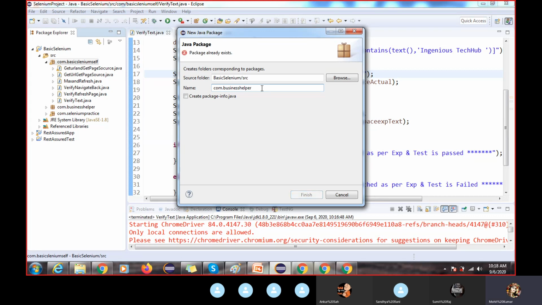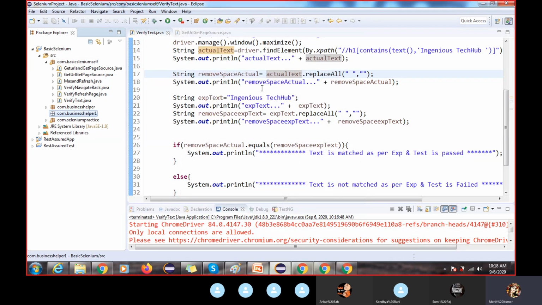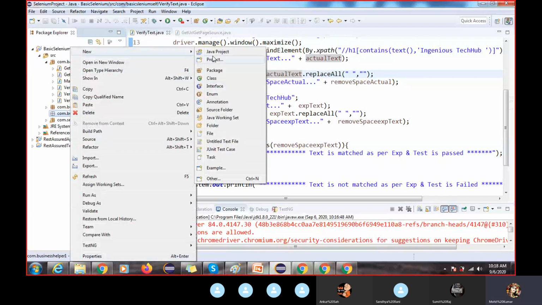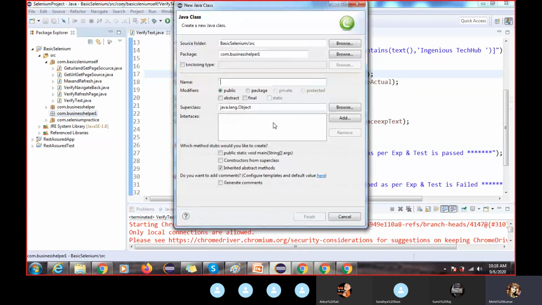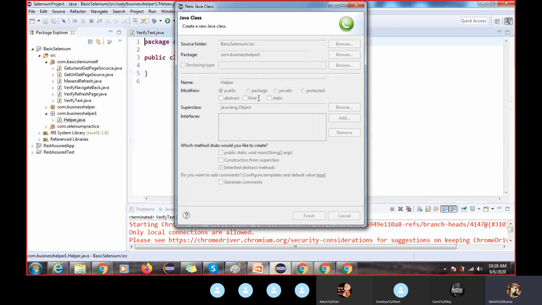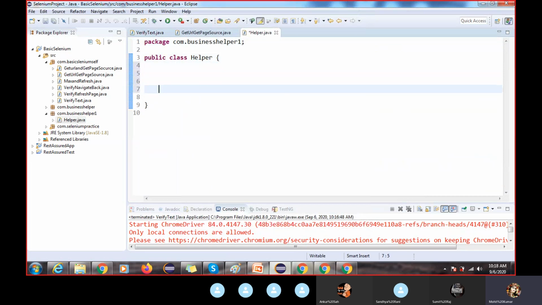Yeah, it's already there. Okay, so now I have created one package. I'm going to create one class that is called Helper class. I don't require a main method here. I will develop some reusable methods.